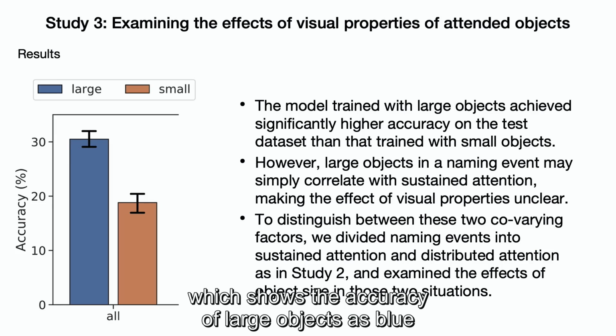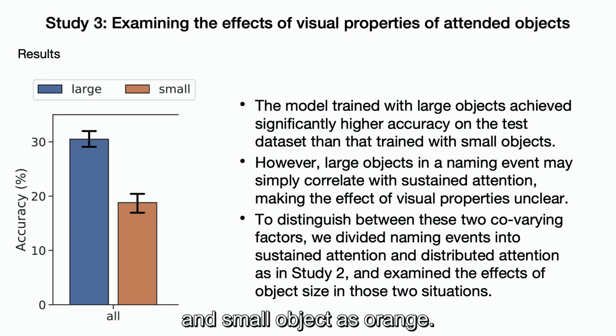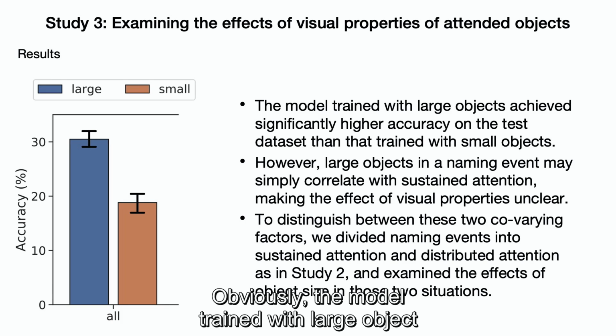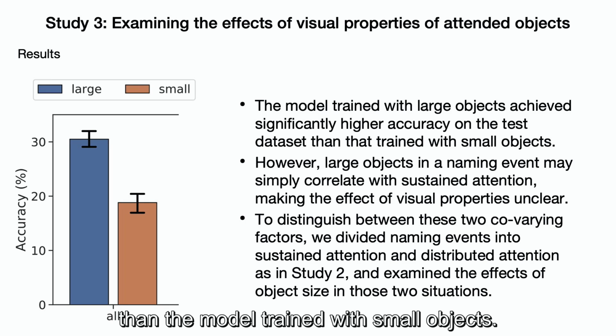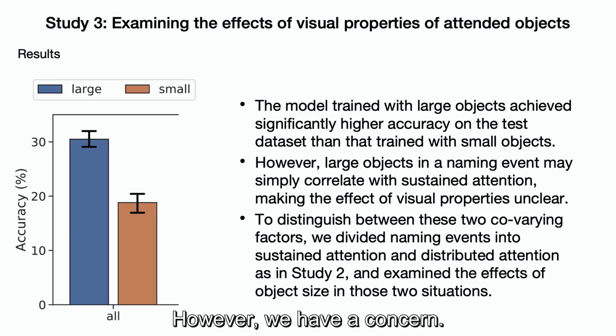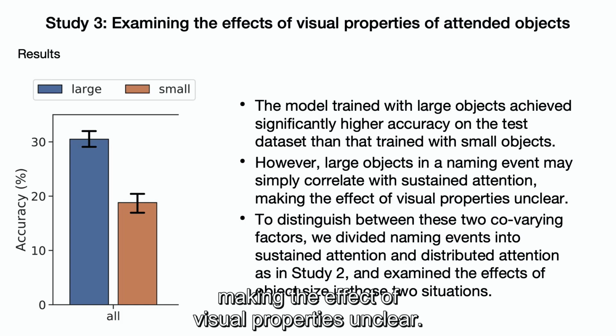And here's the result. We show the accuracy of the large object as blue and the small object as orange. Obviously, the model trained with large objects achieved significantly higher accuracy than the model trained with small objects. However, we have a concern. The large object in a naming event may simply correlate with sustained attention in study 2, making the effect of visual